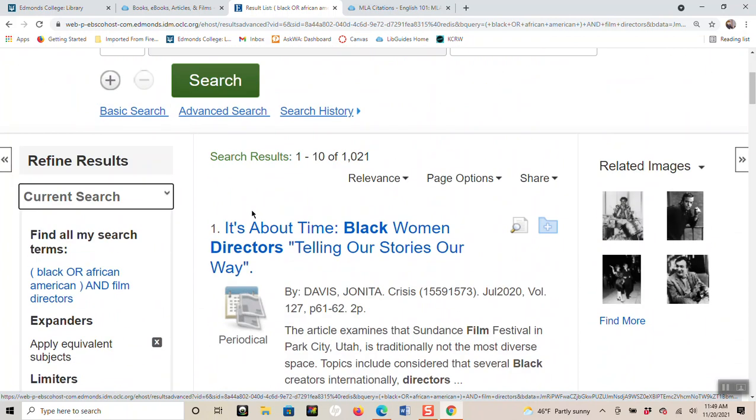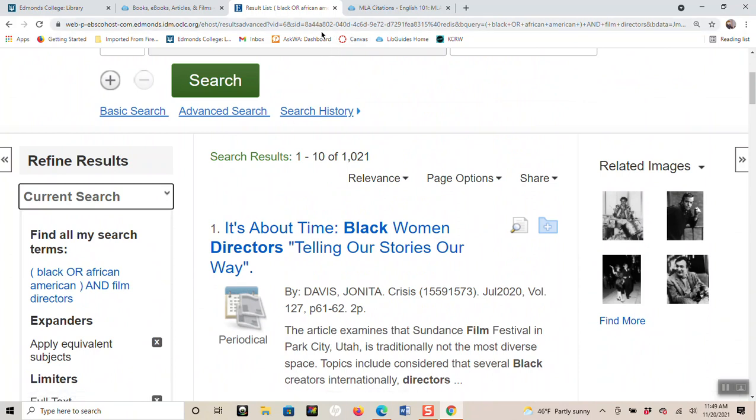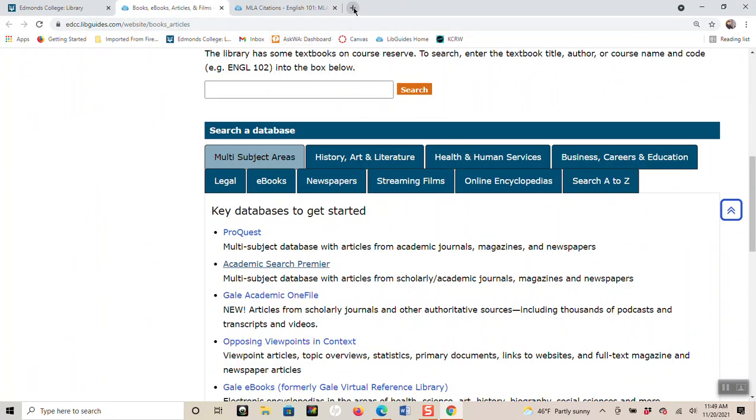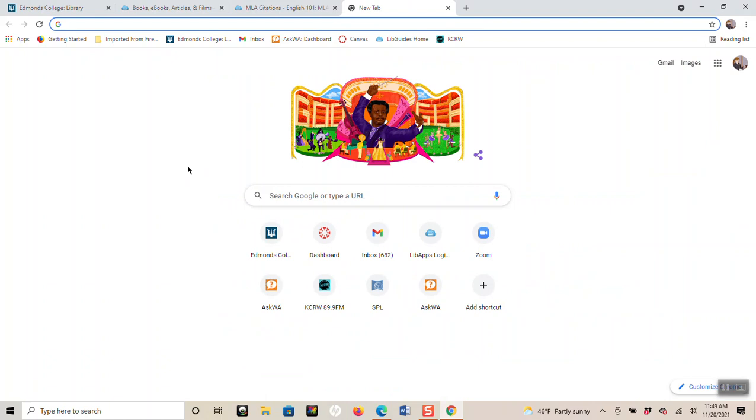So remember that these 3 pieces of information that you want to find, you can use either one of these databases. You just want to change up your search to get the type of information that you need. Okay, so those are the databases. The last thing I want to show you before I do a brief talk about citations